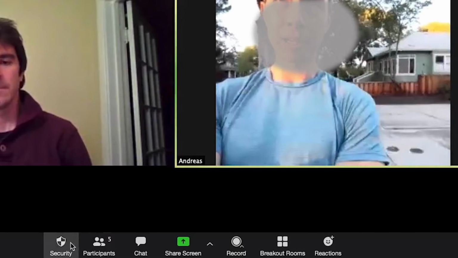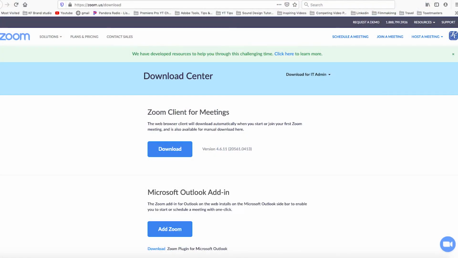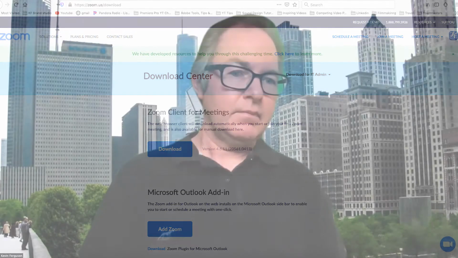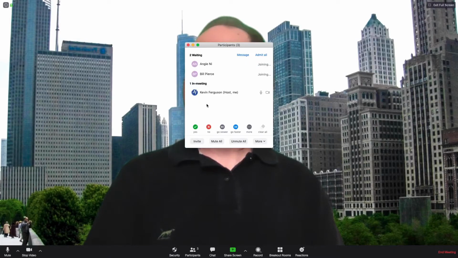If you don't see the security icon as a host or co-host, make sure you have the latest Zoom update by going to zoom.us/download. If you click on the participants icon and see that all your students or meeting participants are there, you